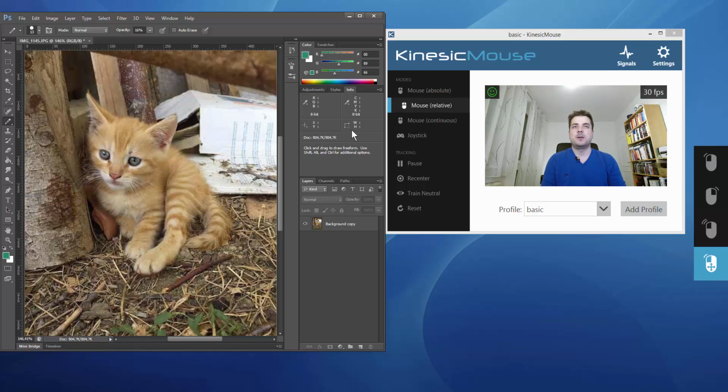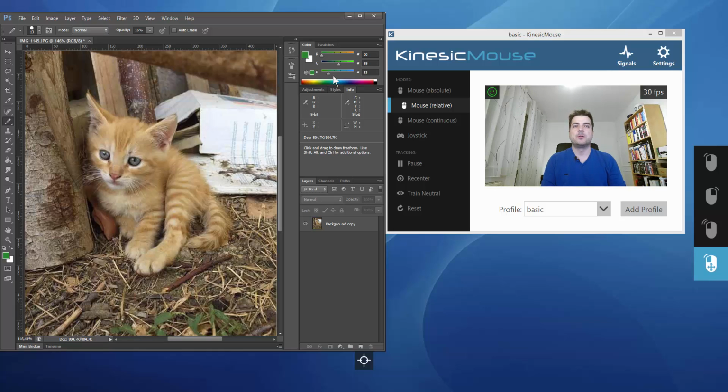What I can do now is open my mouth in the region of this slider. As you can see, I now have my full range mapped to a very small screen region, and that gives me really high precision in this particular area. So I can target this small slider here. With my mouth smile I can trigger the click and then move the slider to where I want it to be.